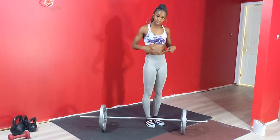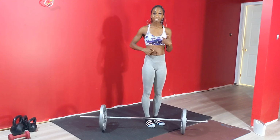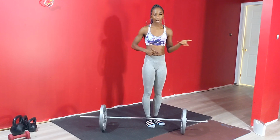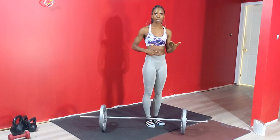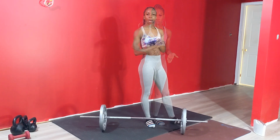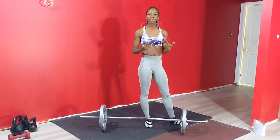So hernias are holes, and because it's a hole, you can see what is happening beneath the hole. When things push out of the hernia, it's usually fat, it can be tissue, it can be organs. A couple of notes about hernias. If you have a hernia, the first thing I